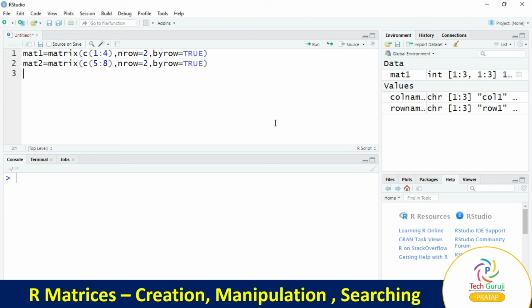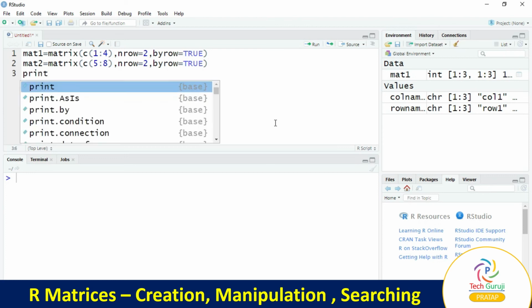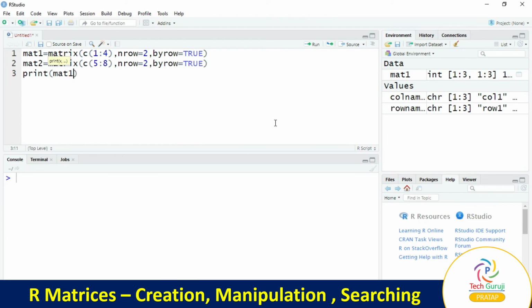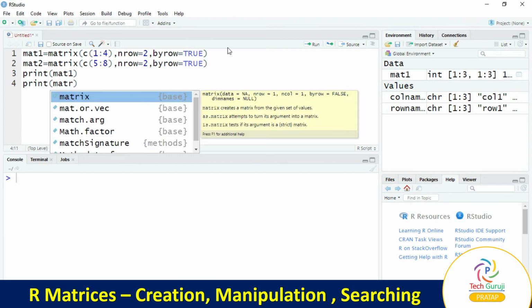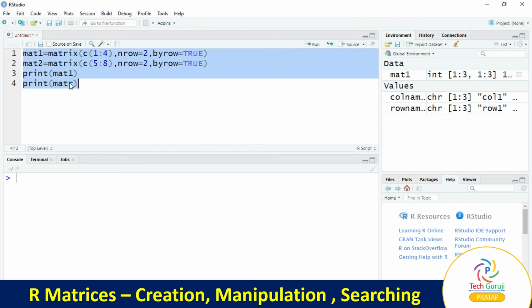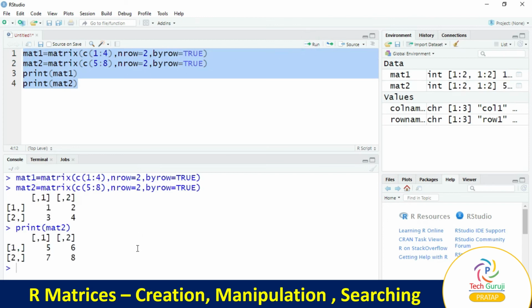We'll display both matrices. So print mat1, print mat2. Select the 4 lines and click on run. So we have created 2 by 2 matrices. Now we want to perform addition.